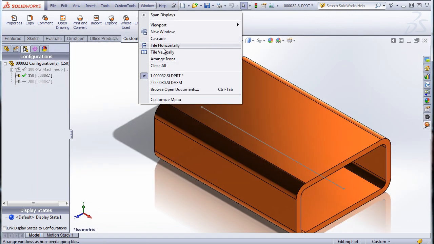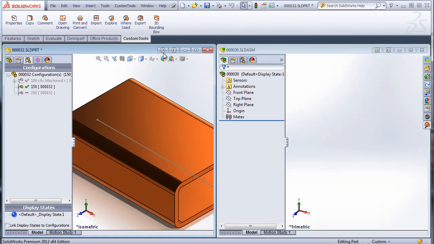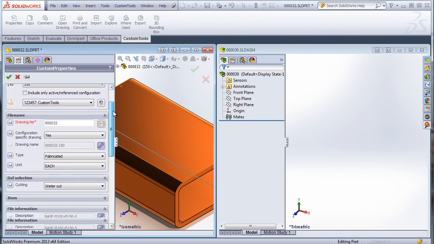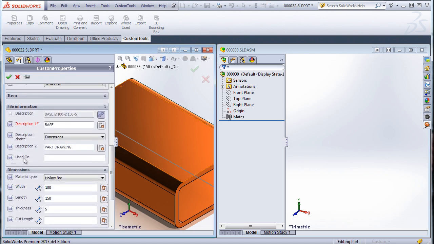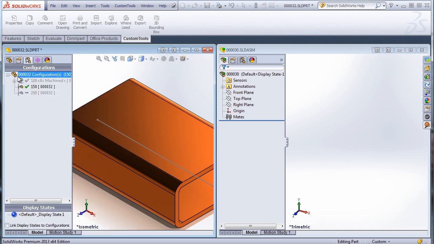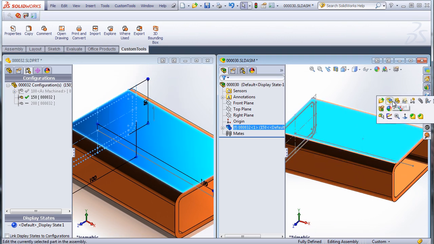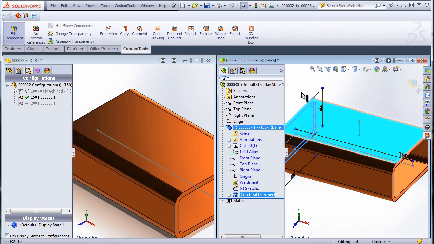Now we'll have a look at the custom property UsedOn that allows me to retrieve property value from the parent. So if I open the properties of that part, we can see that the UsedOn property is empty. But then if I insert this property inside the assembly, and if I now save the assembly,